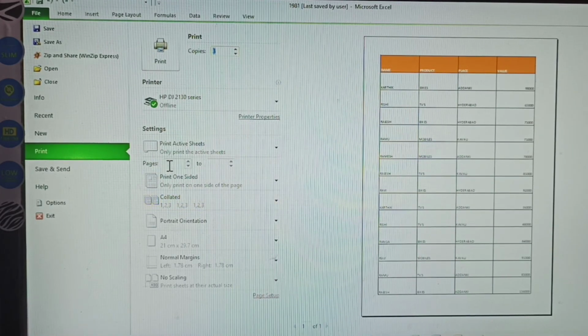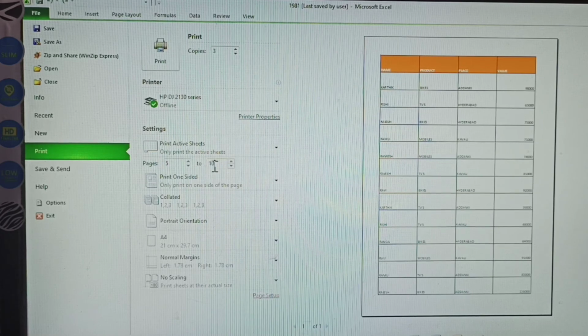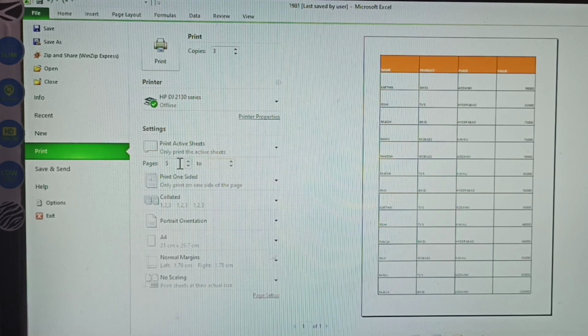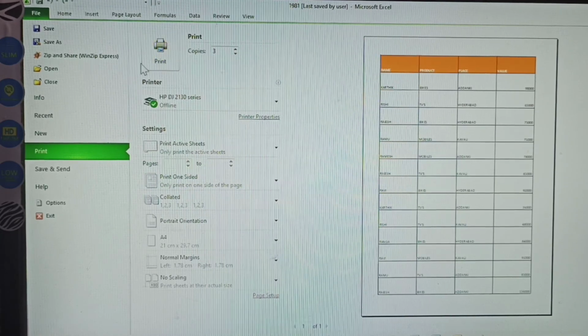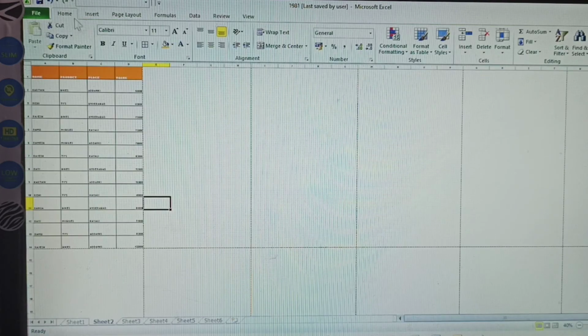Otherwise, if you need to print only pages 5 to 10, you type it here. After clicking print, how many copies you need, click on these arrows.